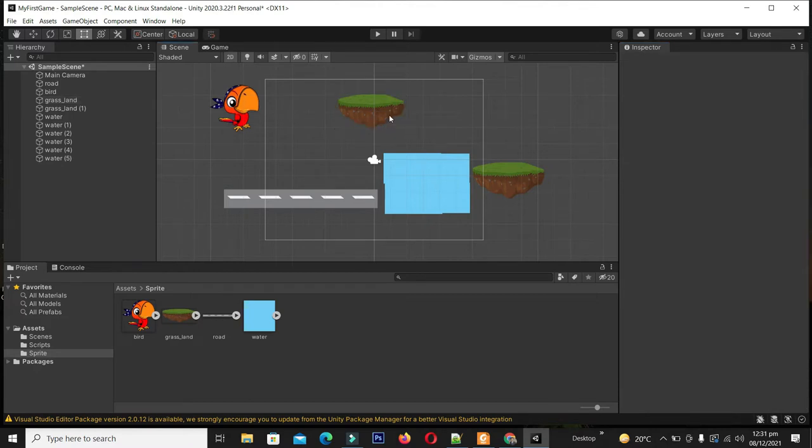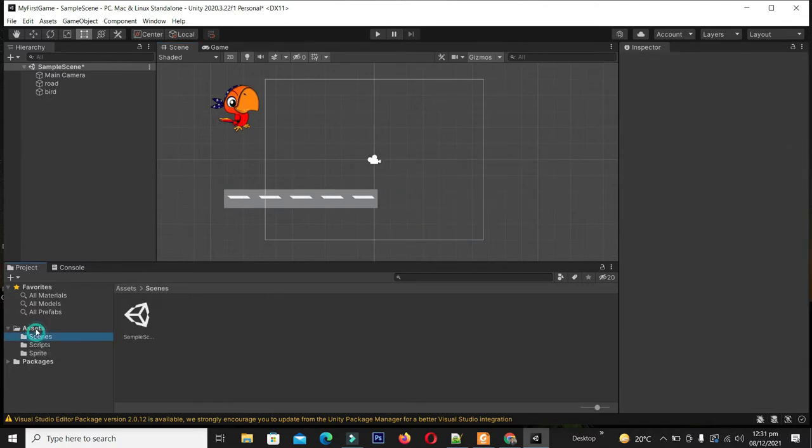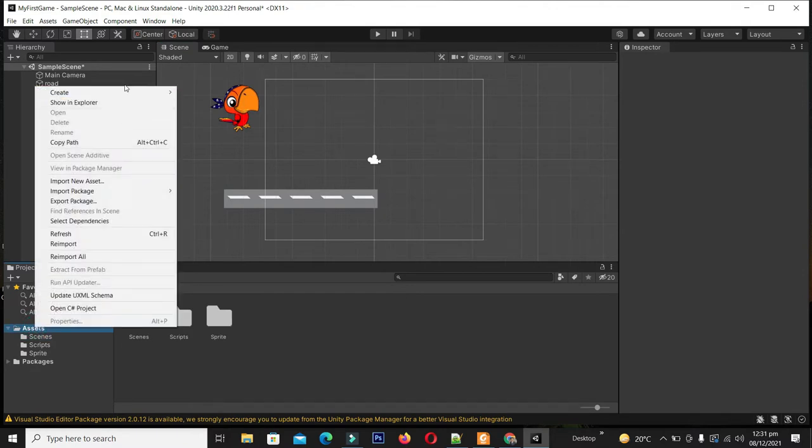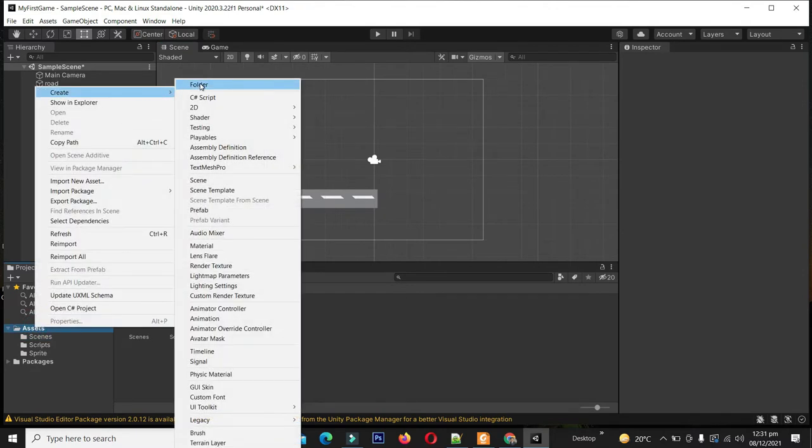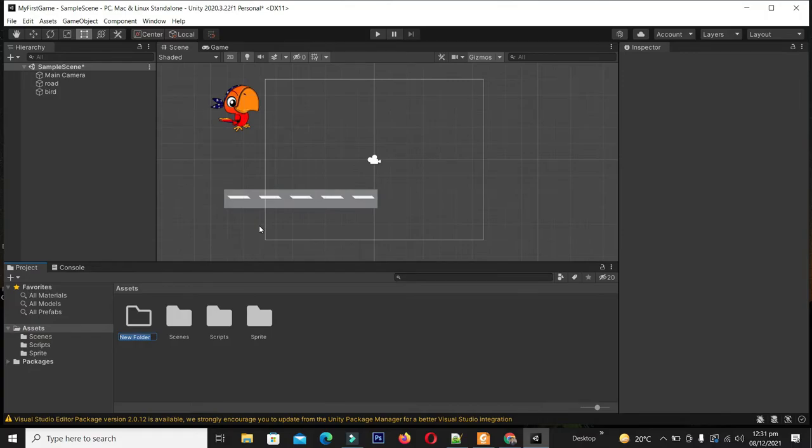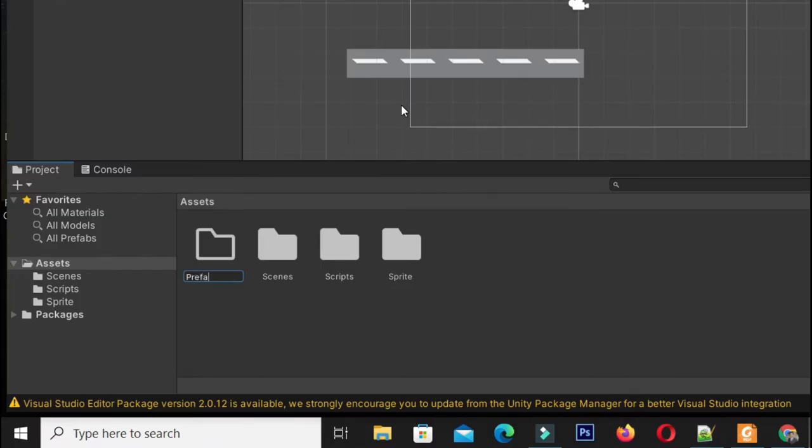So first of all, let's delete all the things which are here. For making a prefab, we have to create a folder in the assets. In the same way as we created a folder in our previous video, we call it prefabs.